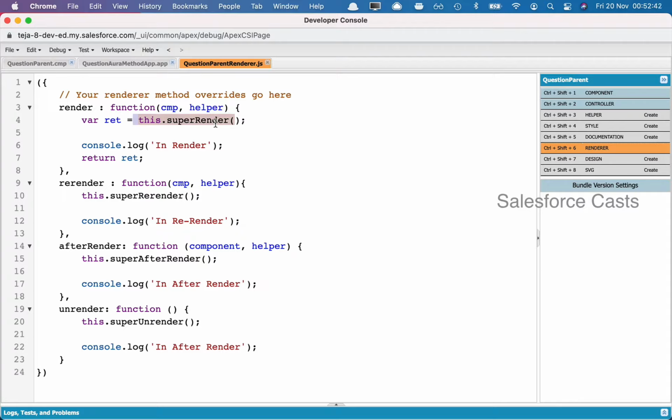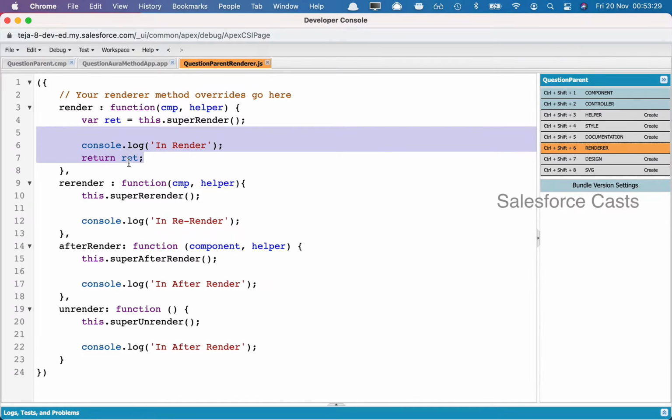Now once we get back the DOM nodes, usually the component gets rendered and it will be shown back to the user. But now what we are trying to do is, we are trying to inject our own code here. So once the DOM nodes are generated, it's not going to stop there. Rather, it's going to go ahead and it's going to invoke our own code, post which it goes to the next lifecycle step. So once the component loads, it's going to invoke render. Within render, it is going to invoke this method. And after that, it is going to invoke our own custom logic.